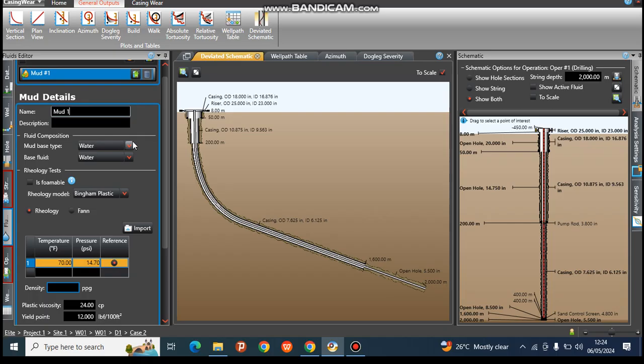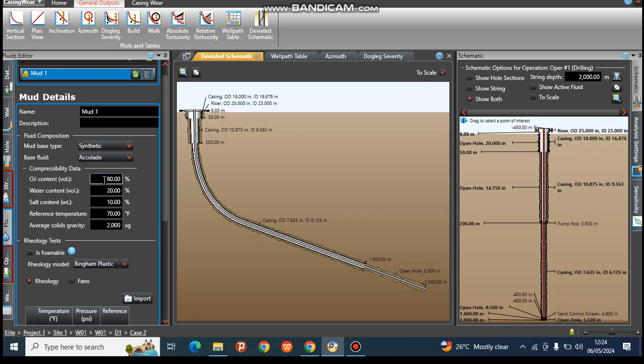If you're using water base, you choose water base. If it is oil based, you use oil based mud. If it is synthetic, use synthetic mud. So for this purpose of today, I'm going to use synthetic mud. We are going to go through this again at a later time. So you choose the type of mud, you choose the percentage of oil, percentage of water, the salt content in